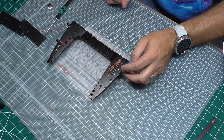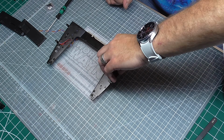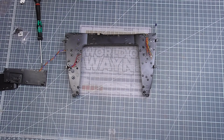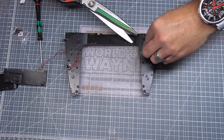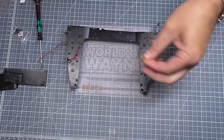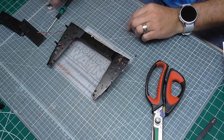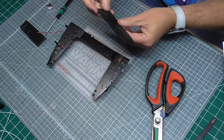Probably best now to make the decision to actually cut some of this excess here. Now I'm not going to use sprue cutters or anything because I'll probably blunt them. So what I am going to do is just use these really heavy duty scissors, which is going to make short work of that. Okay, so as you see, I've trimmed those two now